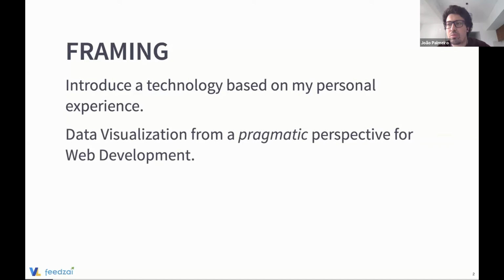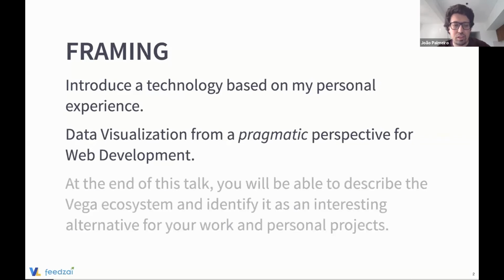So we will not be discussing whether this is a good chart or a bad chart, should we truncate the y-axis or not, and these kinds of more theoretical questions on data visualization. We'll try to go just with the more practical side, with the code for doing some visualization, and abstract this a little bit.